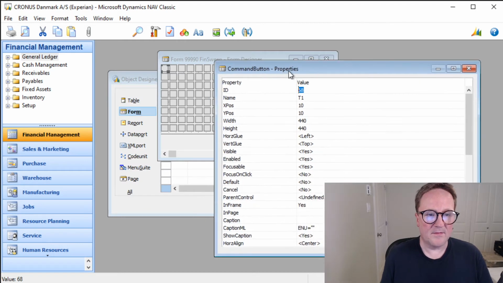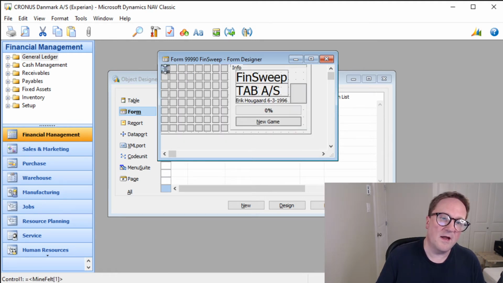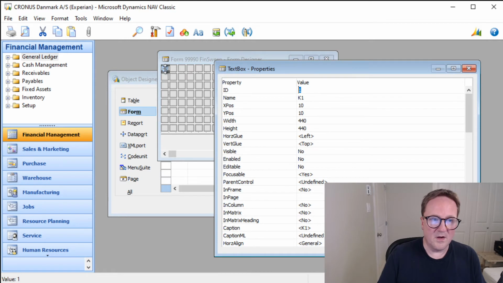And the secret sauce, the way this was made possible, there were two things that made it possible. Because if I move this, I have to make it bigger in order to move it, but if I move it, if I'm lucky, yeah, there we go. We can see that below it, there's a text box, same size, called K1. So what I actually did was